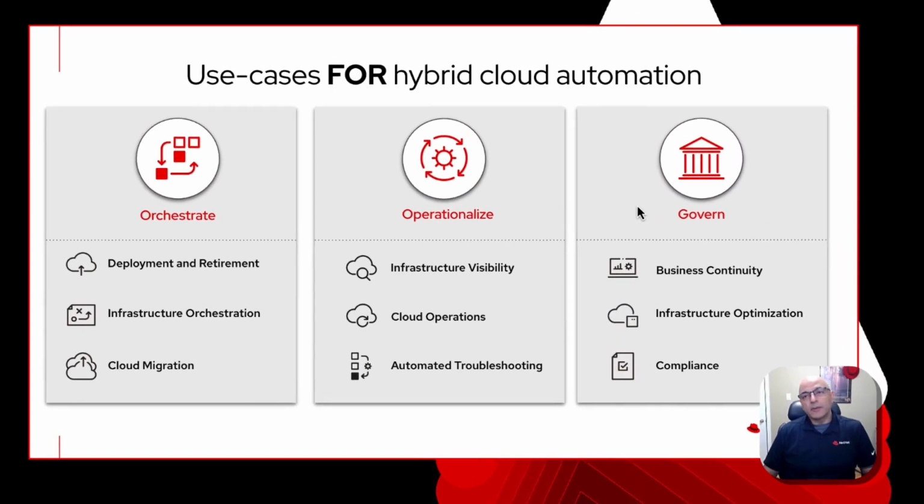When you think about managing a larger hybrid cloud, obviously you have private data centers, you may have edge use cases, and you also have public clouds that you're leveraging. Today the example is going to be specifically around the AWS cloud. But remember, there's a ton of use cases that you can perform regardless of where you're performing automation. So there's orchestration, where you want to be able to do things like infrastructure orchestration,